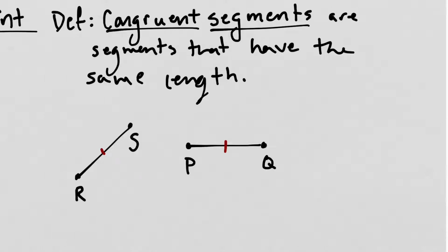That little tick mark means that those segments have the same length, and I can say RS with the bar over it, the name, is congruent, so that's an equal sign with a little squiggly over it, to PQ, which means